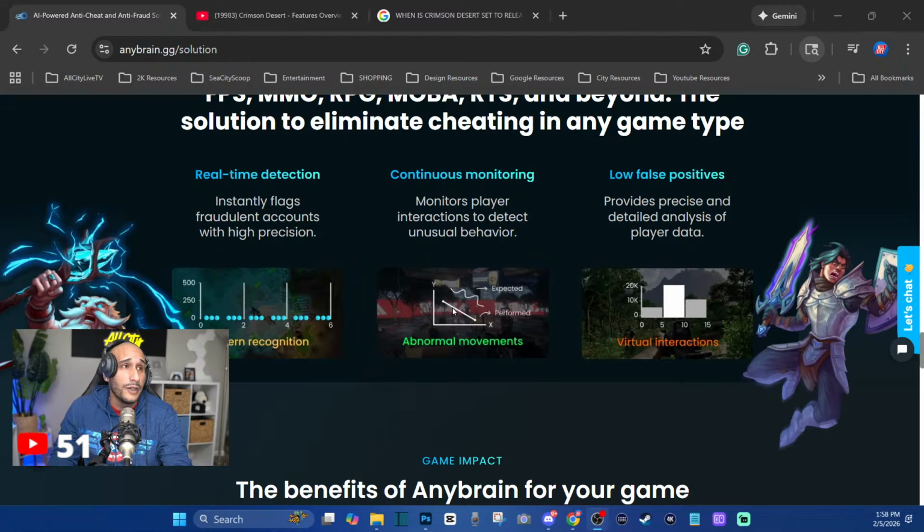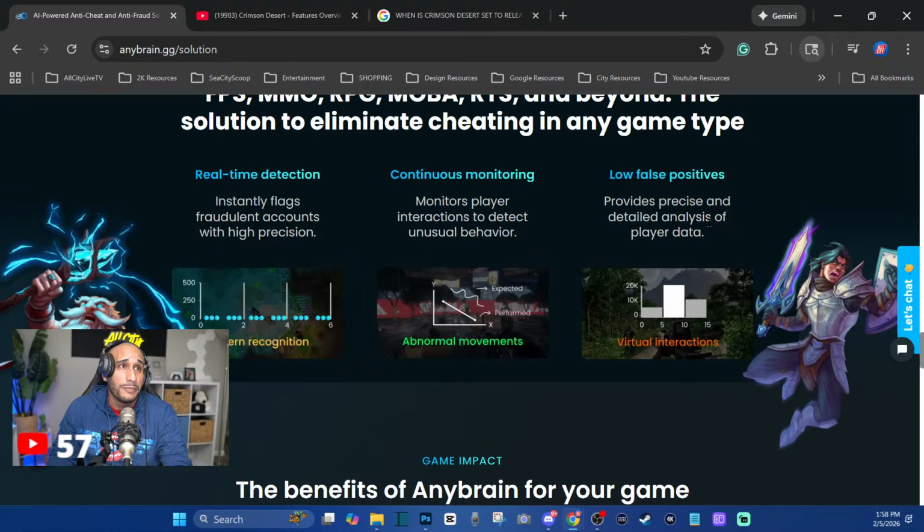And another image. Let me see if I could click that. I don't know if I can, but you're seeing in this graph right here in the middle, the expected movement if you're a human with your analog stick will be something like this squiggly line, whereas a device will get you straight to the point with the straight line, versus what the squiggly line will get: a normal human interaction with the video game.